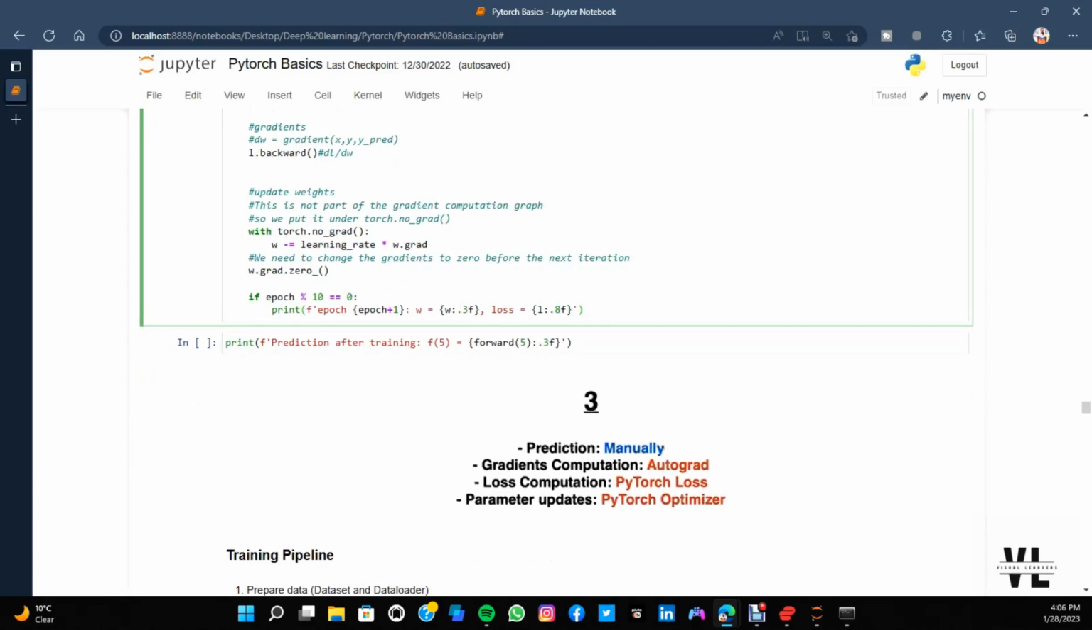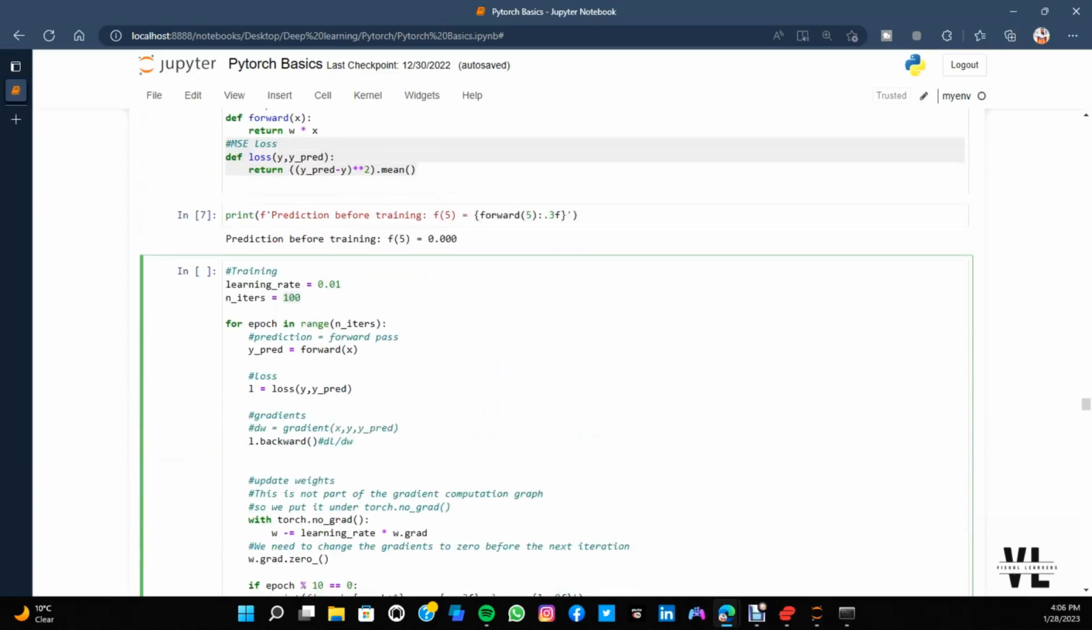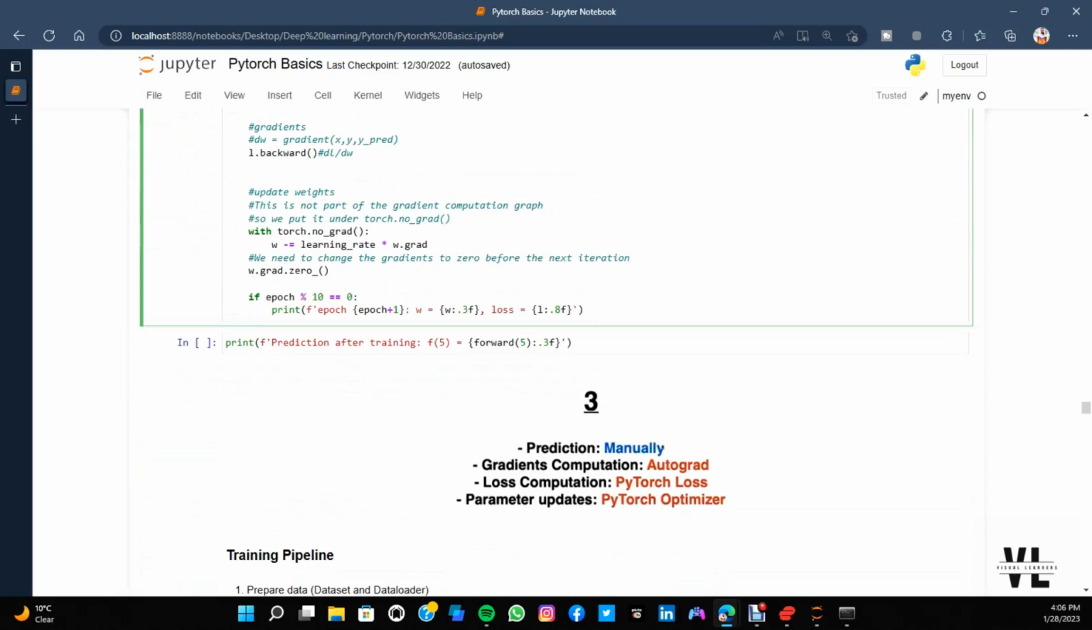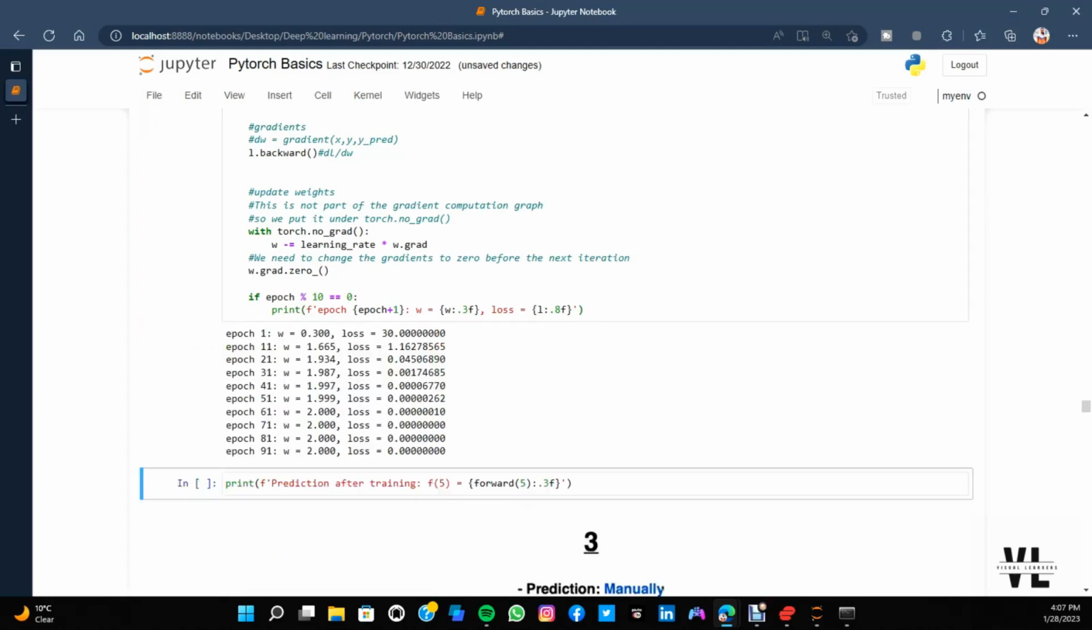Now we're going to print. Since our number of epochs is 100, we're going to take the mod: when 100 mod 10 is equal to 0, then we're going to print every 10 epochs, because listing all the 100 epochs is going to take a lot of space. Now you can see we're printing out every 10 epochs, and we're seeing the difference in our weight and loss. Here you can see our loss is basically 0 after 100 epochs,